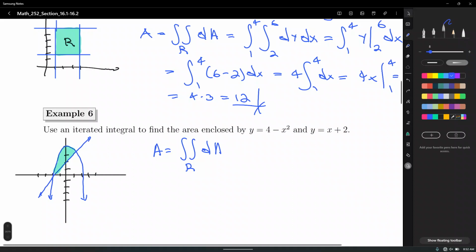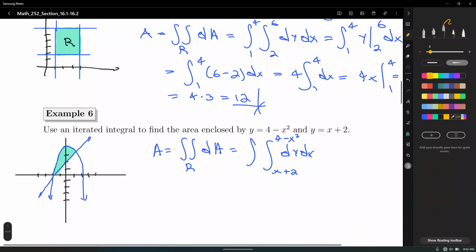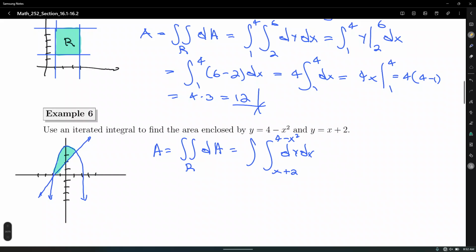Okay, that means this is the integral, dA, which is dy dx. So the upper limit, which is 4 minus x squared, the lower limit, which is x plus 2. Oh, but what about the outermost limits of integration? We need to figure them out on our own. That means we need to find the intersection points between the parabola and the diagonal line. I'm going to do that algebraically on the side. So that is,